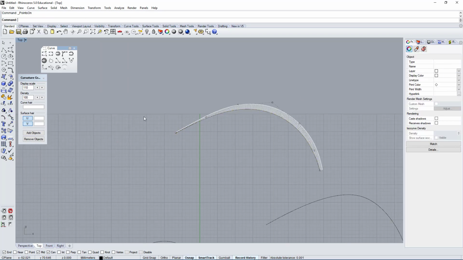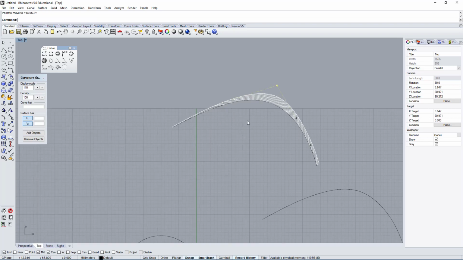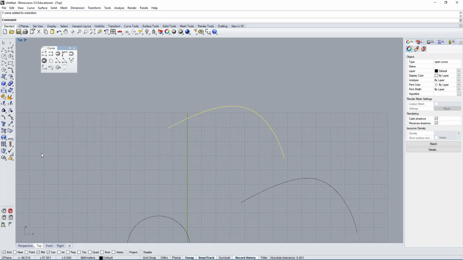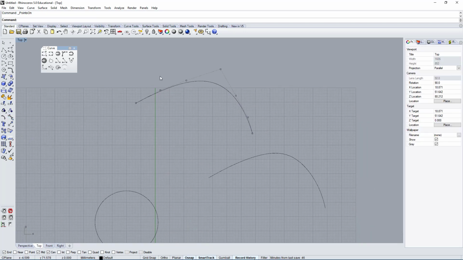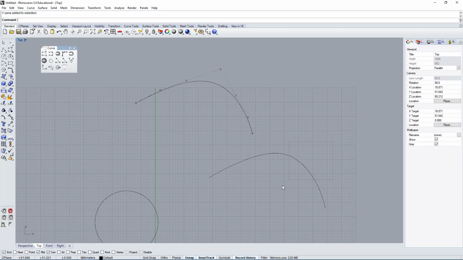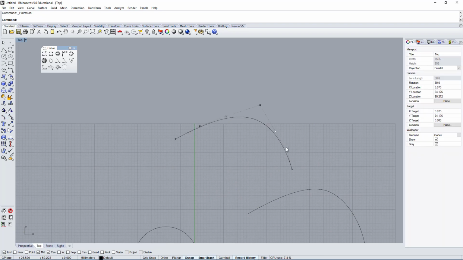And if I go in and make changes to some of these points, if I move one of the points, for example, I still get some of this very clean curvature. So the least number of points you have, the better, the cleaner the curvature will be. So with that in mind, we created a curve that is as clean as this one because I spent so much time creating this curve, but we created a very optimized curve here.